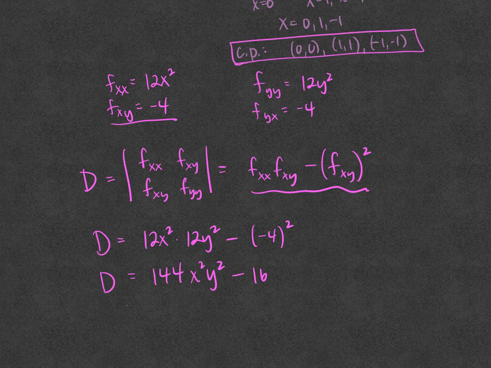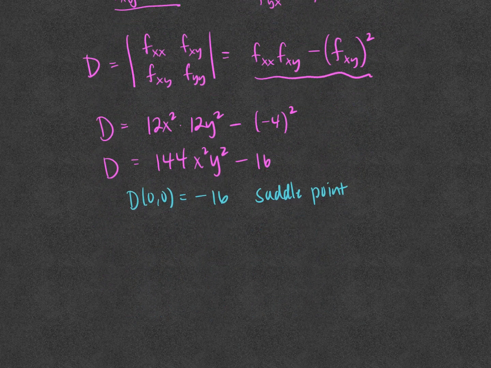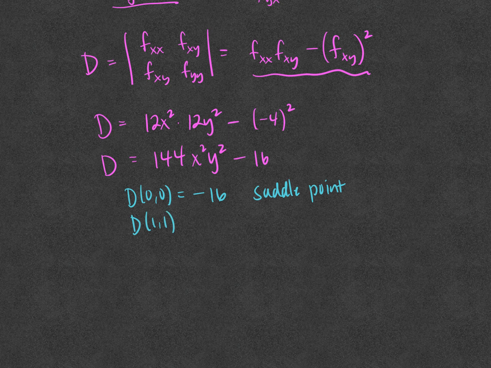So let's start with D of 0, 0. When we plug in 0, 0, we get 0 minus 16, which is negative 16. So D is negative, so this is a saddle point. You got to go back to those cases in the previous example, in the previous screen, and when D is negative, you have a saddle point. We also have 1, 1 and negative 1, 1. So D of 1, 1 makes 144 minus 16, which is a positive value. It doesn't even matter what it is, you just need positive or negative. So you have a positive value, 144 minus 16 is